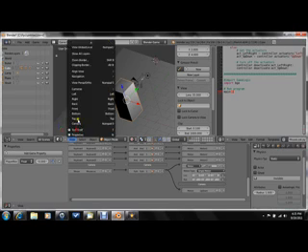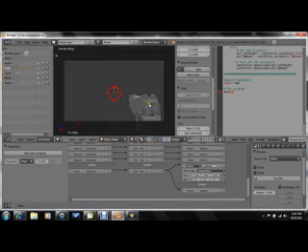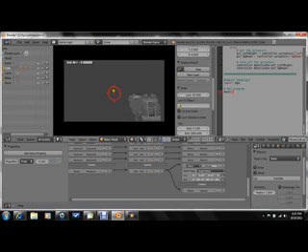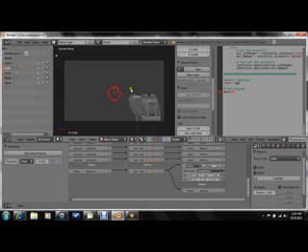It's very useful. Now go into camera view, play. That's good. Alright, now that we have our character moving,